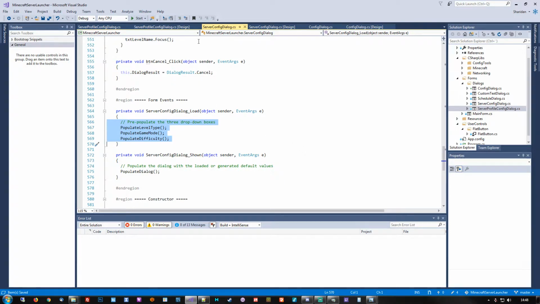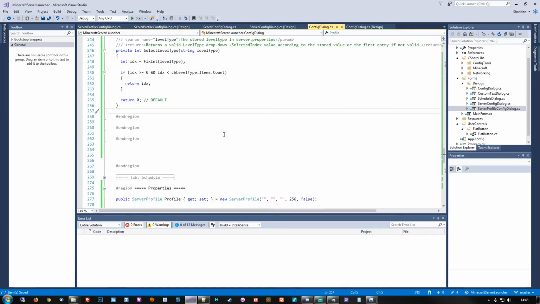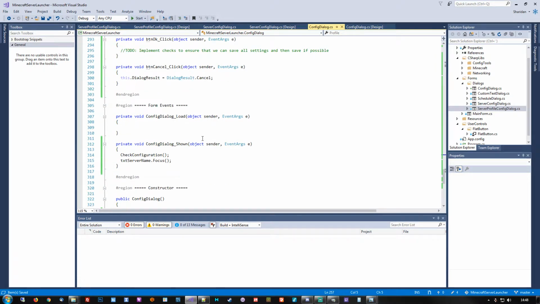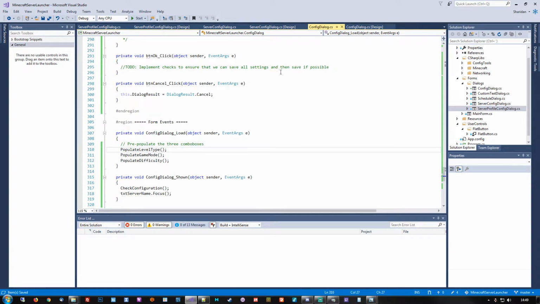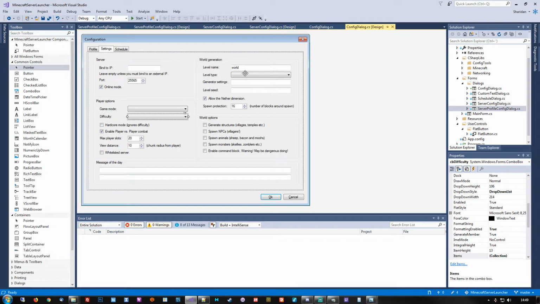So we'll grab these and put them in the load event of this form right here. Populate the three combo boxes. There we go. And this will then take care of making sure that the level type, game mode, and difficulty combo boxes are populated with the appropriate data